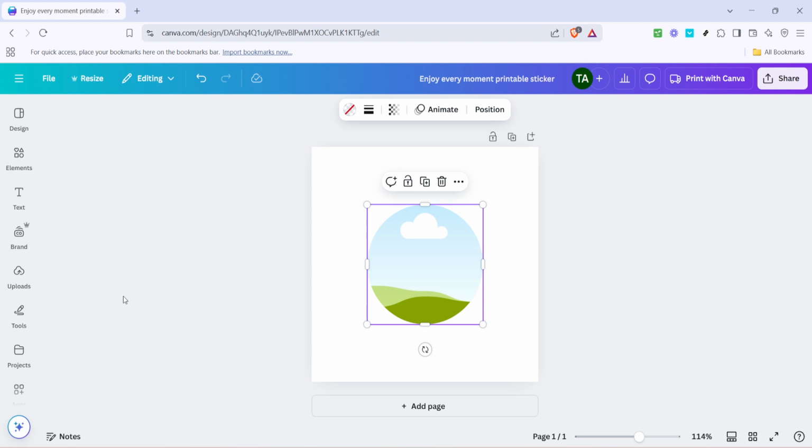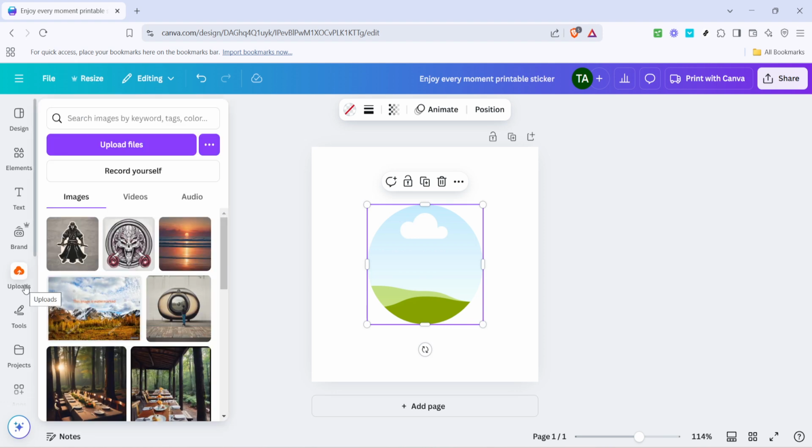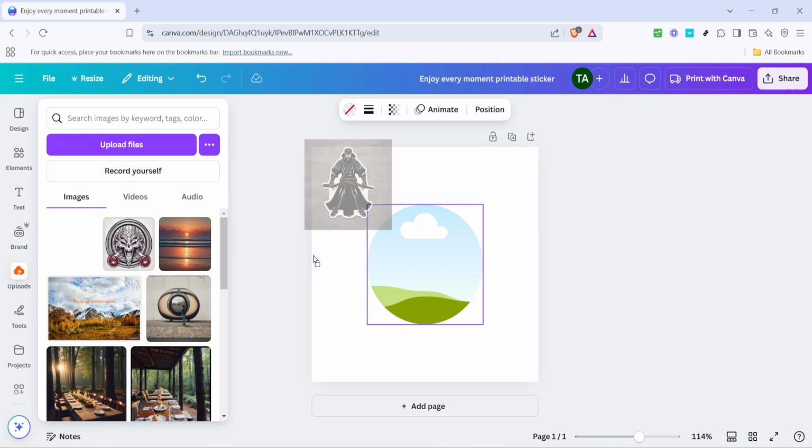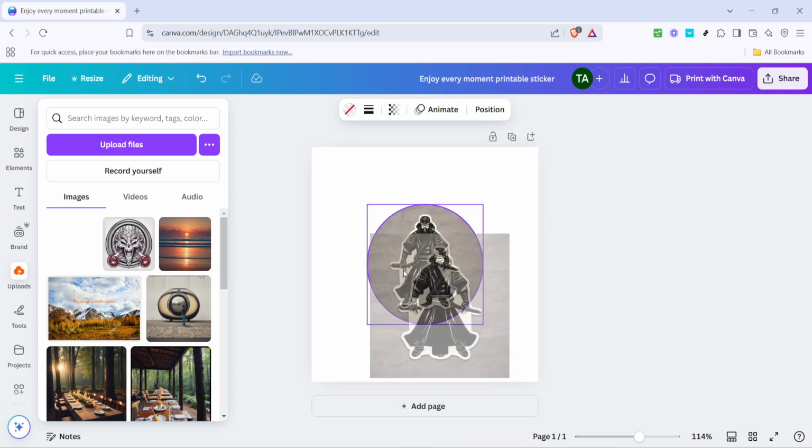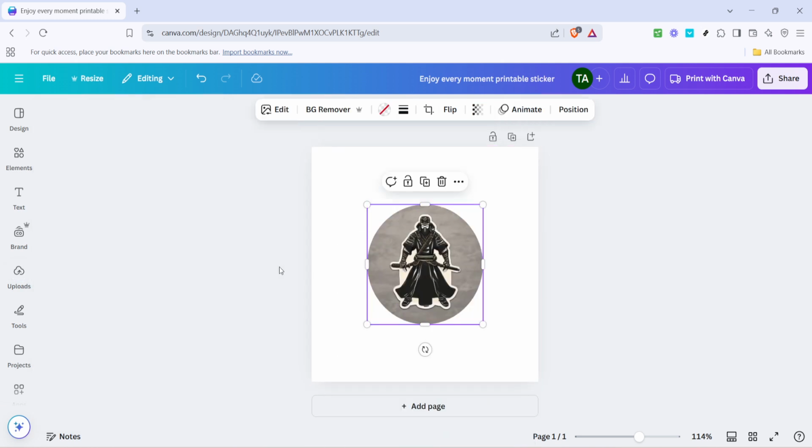To do this, navigate to the left toolbar again and click on the Uploads tab. This is where you can access all the images you've previously uploaded or choose to upload new ones directly from your device. If you need to upload a new image, simply hit the upload button and select the image file from your computer. With your image uploaded, go ahead and drag it over to the frame you previously placed in